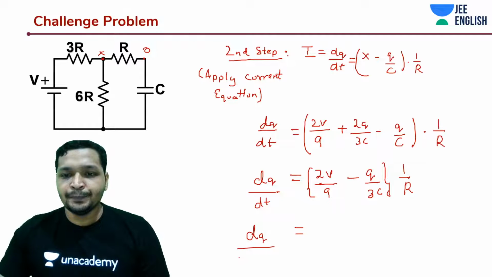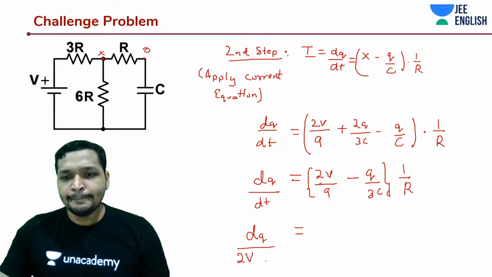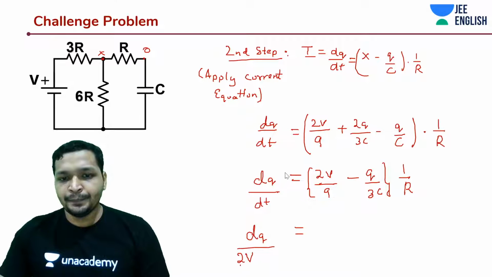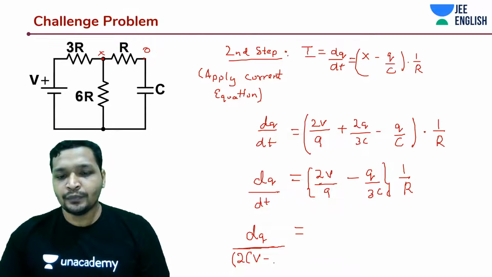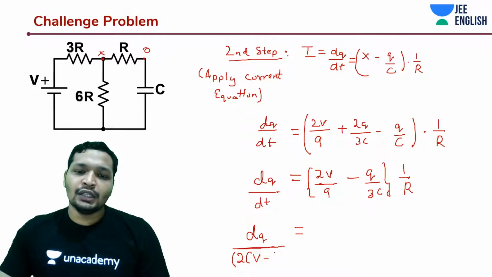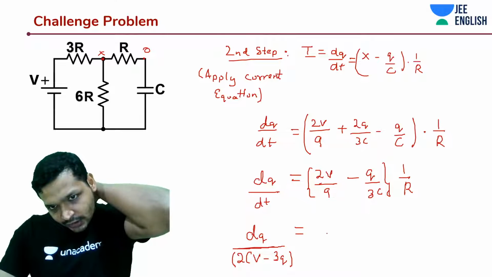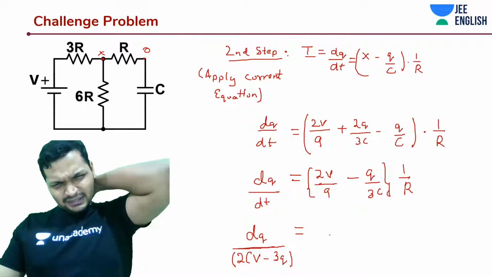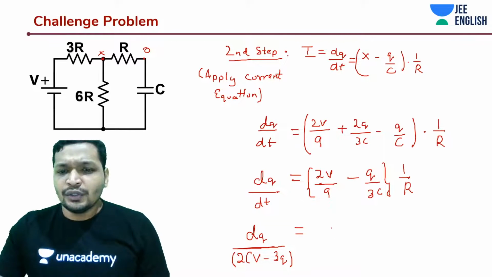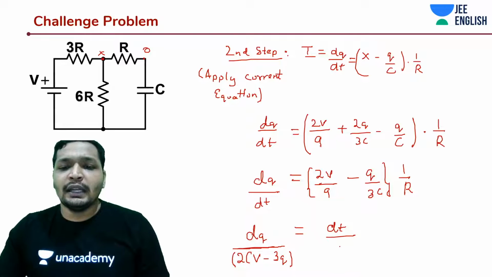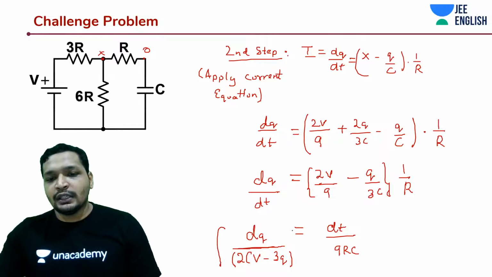And that is going to be dq divided by 2CV minus 3Q, right? And what is this? On the denominator it was 9C, I guess, right? 9C. Yeah, 9C. So it is dt divided by 9RC. That is it. Integrate on both sides, and